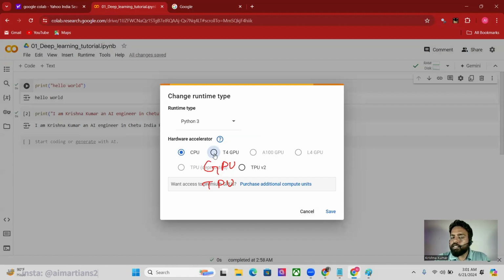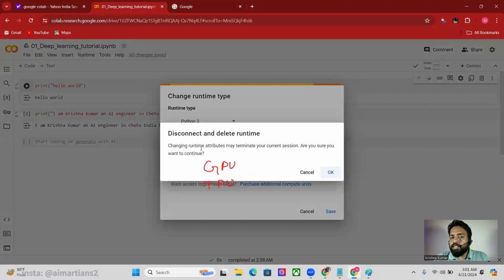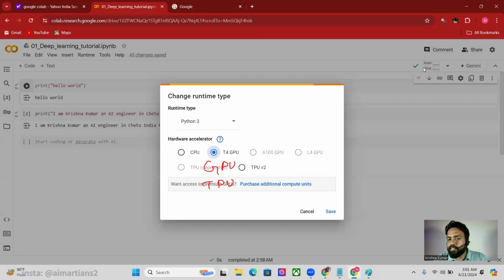Once you click this radio button, it will give you a pop-up: changing runtime attribute may terminate your current session. Are you sure you want to connect? It simply means that if you press OK, it will forget all output. So you have to run the shell from the start, like to get hello world, to get I am Krishna Kumar, an AI engineer. You have to run all the shell. Let me click on OK, and it will again start